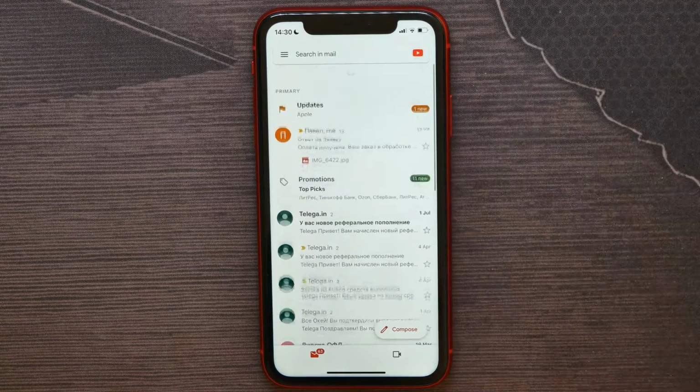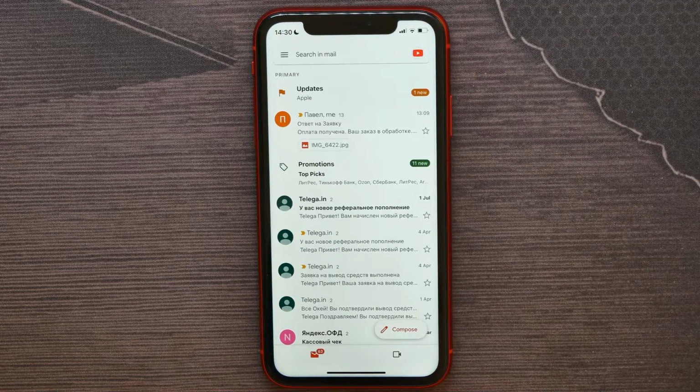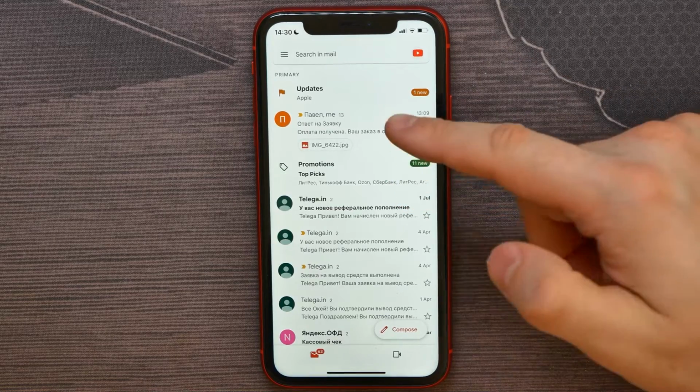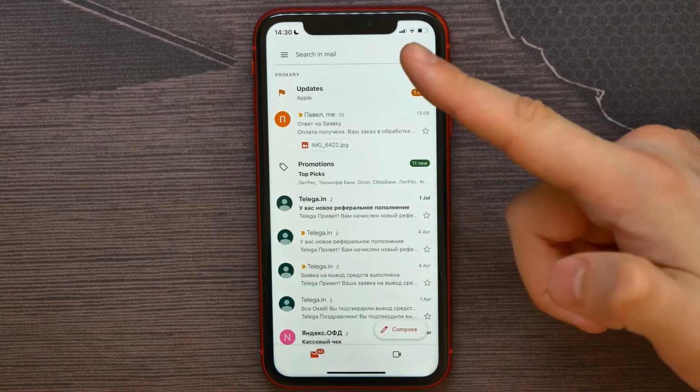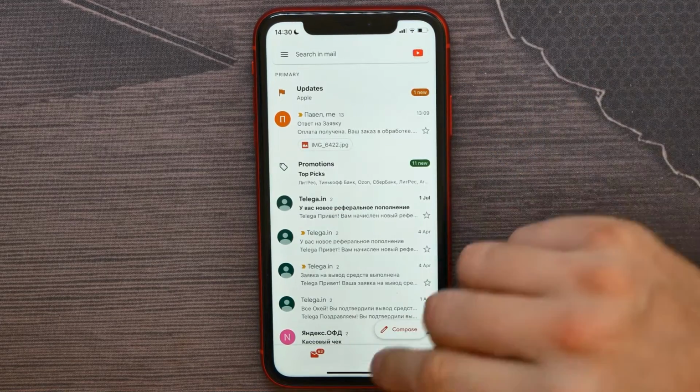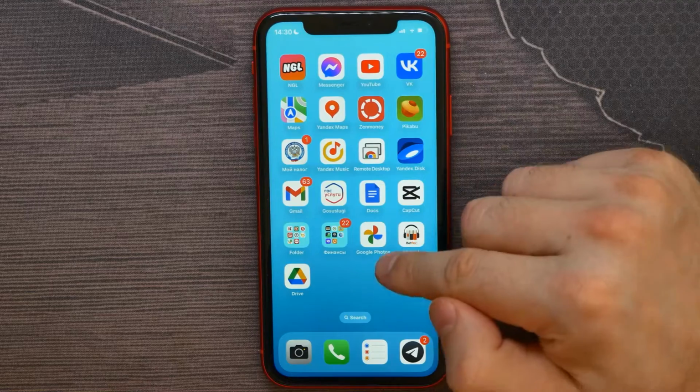But in the Gmail application there is no option to remove all letters at once. If you have 1,000 or more letters, it can be a problem. So to delete all emails at once you have to use the web version of the